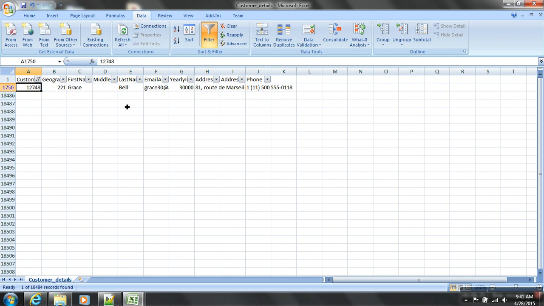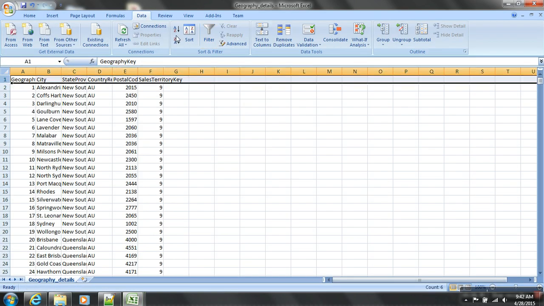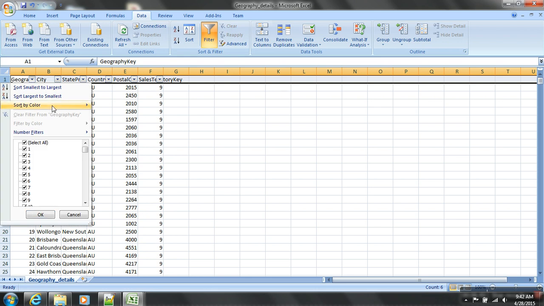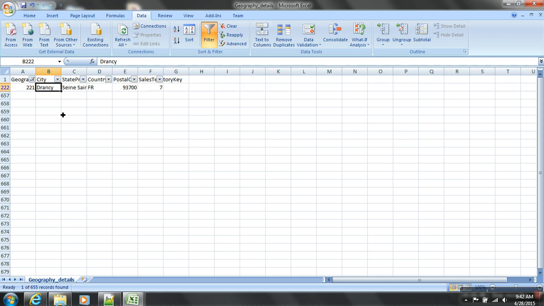As part of normalization what they've done, I have something called geographic key which is 221. There's another file with all the geography details. Now if I go into this geography and find out which key it was, 220, the city is Drancy, and the state is France, what country. So I have a customer performing a transaction. From the customer I have a link to geography details where I can get to know his city, state and what country it was.